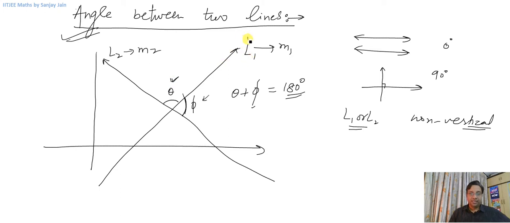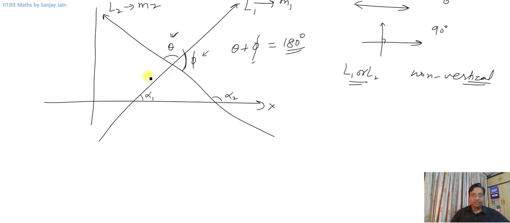Let us say this line L1 makes an angle of inclination alpha 1 and L2 makes an angle of inclination of alpha 2. Now if you look at this triangle here and this exterior angle alpha 2, we can say that alpha 2 is equal to the sum of the opposite interior angles, which are alpha 1 and theta,